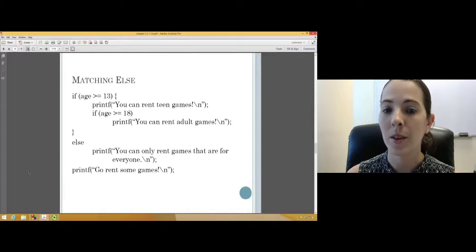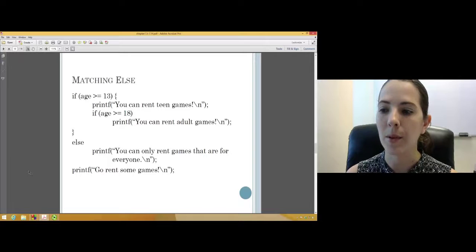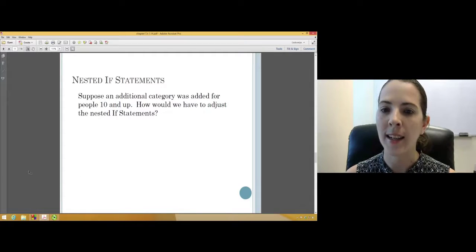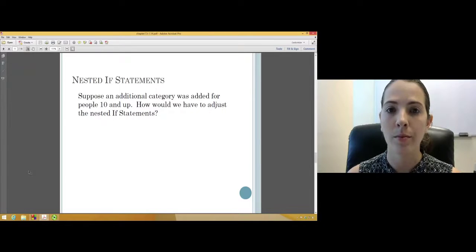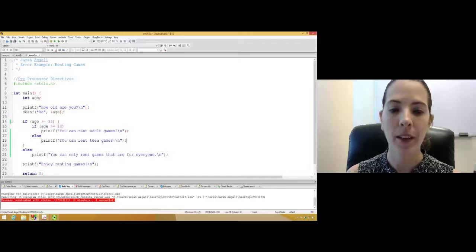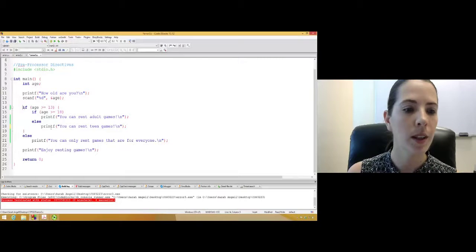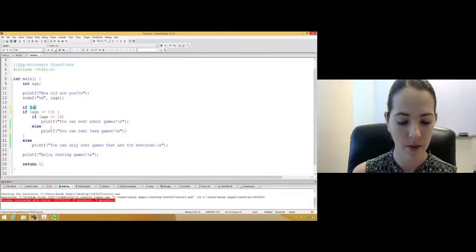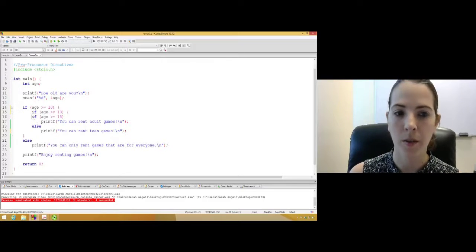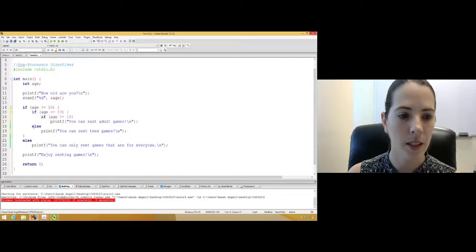We want to start looking at something called implicit nesting. So taking our game example, suppose that we wanted to add a category for 10 and up. How would we need to adjust those nested if statements in order to make that work? So we'll go back over to the code and make some modifications. We're starting with the smallest number on the outside, so we'll do that again. We'll say if they're over the age of 10, then check over the age of 13, then check over the age of 18,